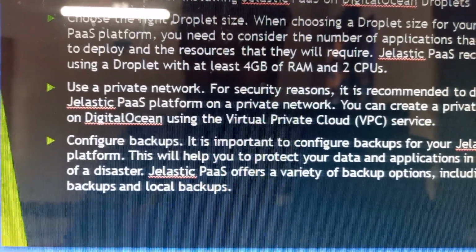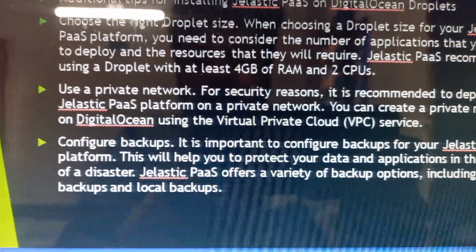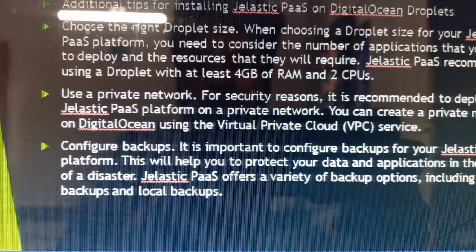Use a private cloud for security reasons. It is recommended to deploy your Jelastic platform as a service platform on a private network